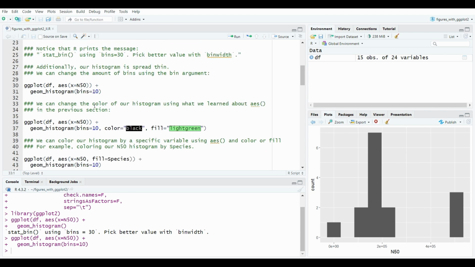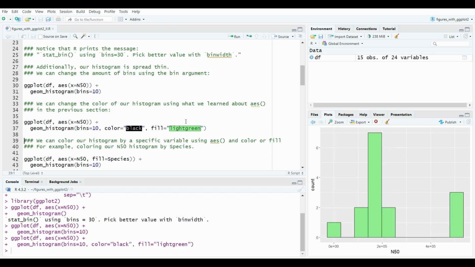So we can change the color of our histogram using what we learned about the aes function in the previous section, where if we want to make a uniform change to our histogram, within geom_histogram we set bins equal to 10, as we did, color equal to black, which will give us a black outline, and fill equal to light green. And now I have a light green histogram with a black outline, so I can very easily see